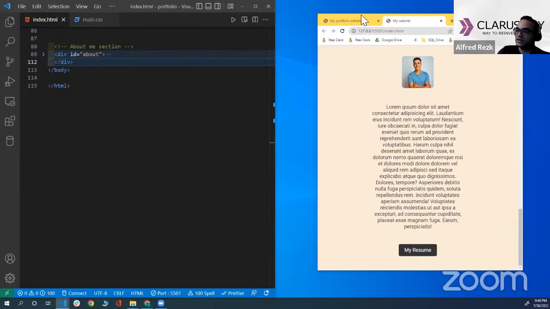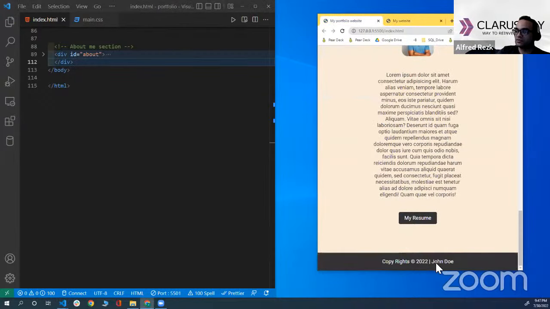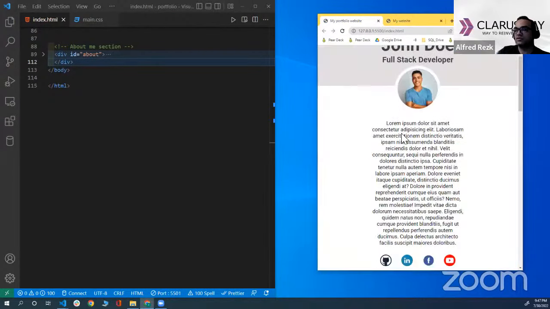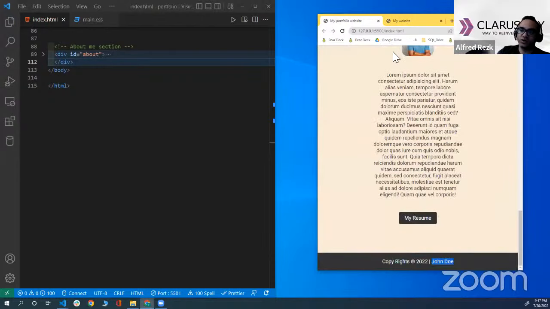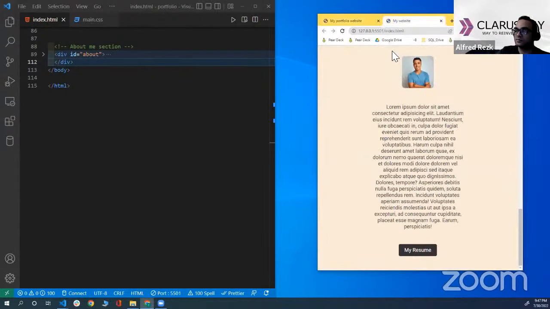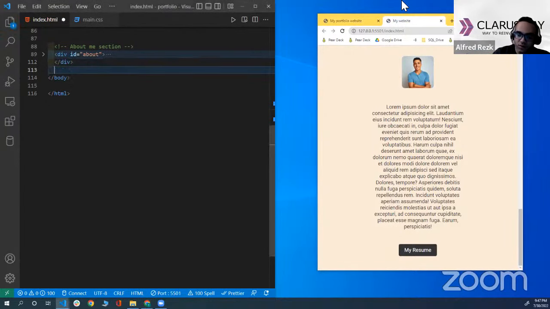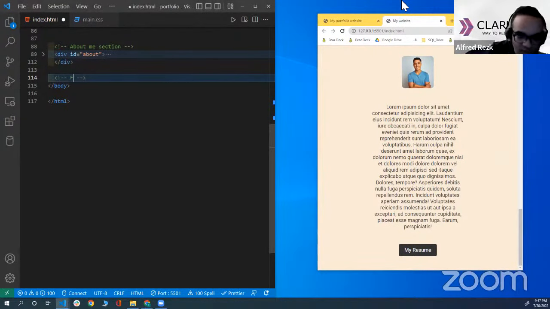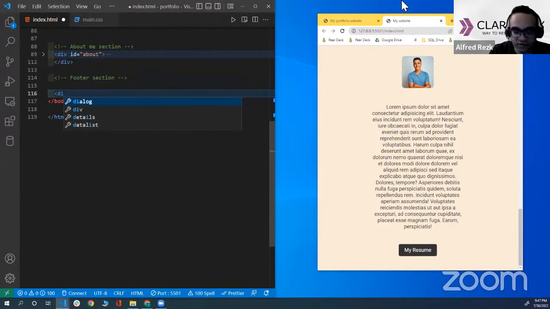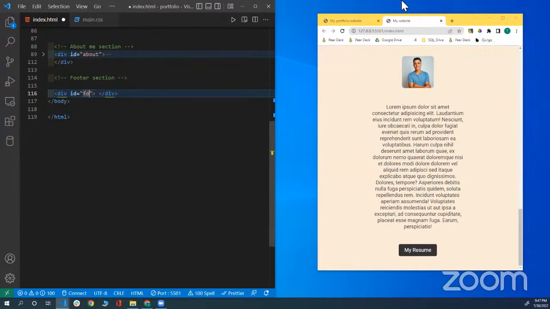Now let's add the last piece, which is the footer, which should be very, very easy. It's just a copyright and your name and the year. It's just the footer for the page. Most of the pages have footers, so why don't we add a footer in our page as well? So for that, I will add here a footer section. I will add a div, give it an ID of footer,